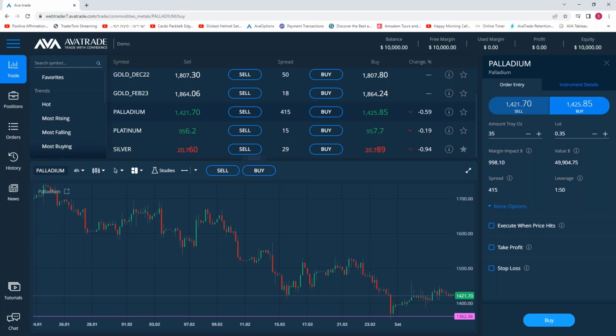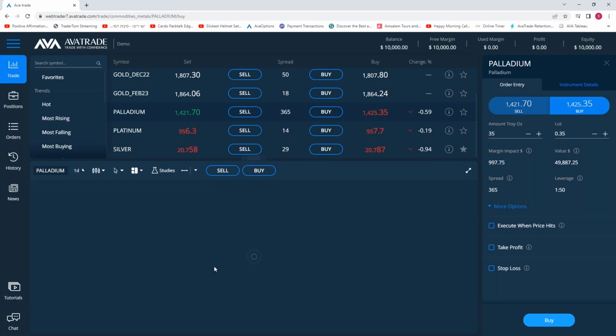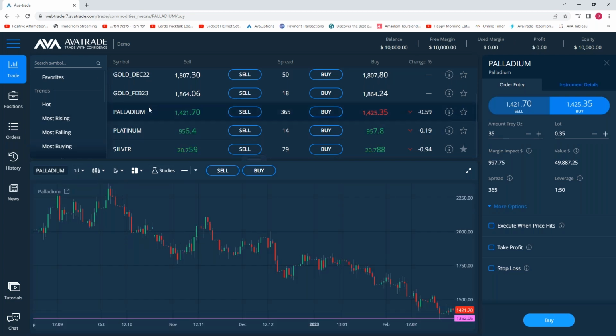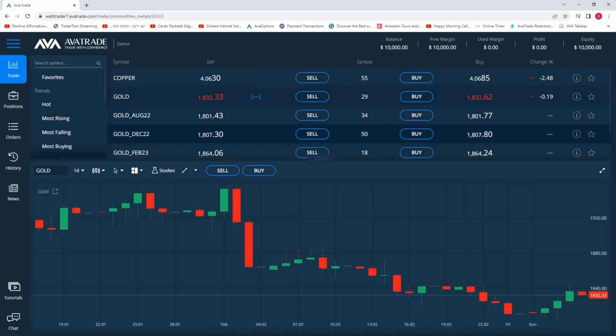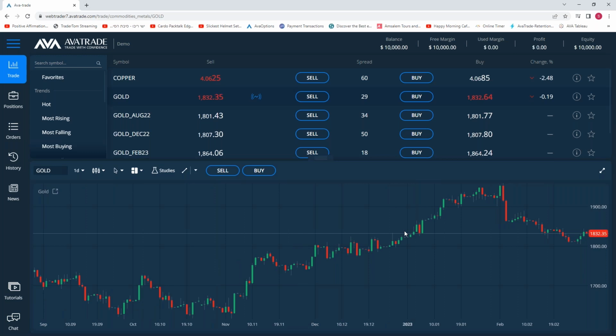So Manoj is saying, I use the 30 minutes time frame. Need to know from you which is the best one as per you. Again, nothing wrong with 30 minutes, but before you go into 30 minutes or 5 minutes, or some people trade 1 minute, you need to take 1 day and see what's happening in that instrument. Take gold for instance. You have 3 consecutive moves to the upside, and we hit the previous resistance, and now we're having a red day. So all day, from the opening until now, is a red day.